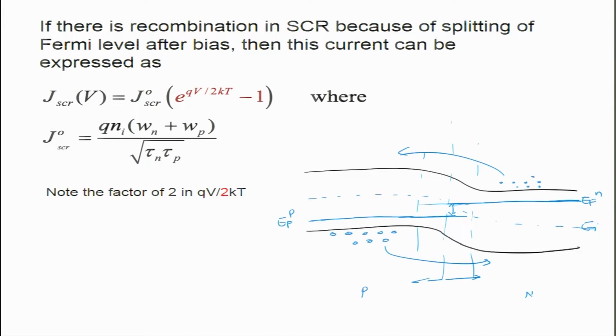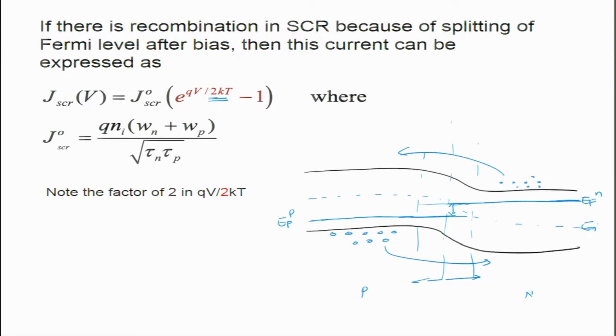So, in the context of solar cells and practical devices, we do have to consider this, and it turns out that this current actually has a dependence of exponential of qV by 2kT instead of exponential of qV by kT. So, this is a sort of non-ideality in the p-n junction diode that we observe. All right. So, for example, if you just plot log of current versus voltage, the slope should be equal to q by kT, right, but what we get is a slope equal to q by 2kT for a non-ideal diode.